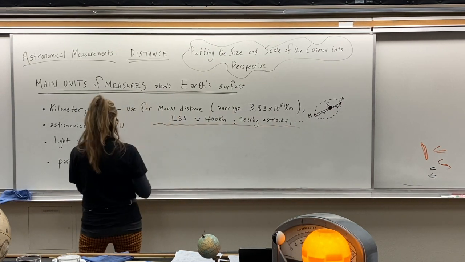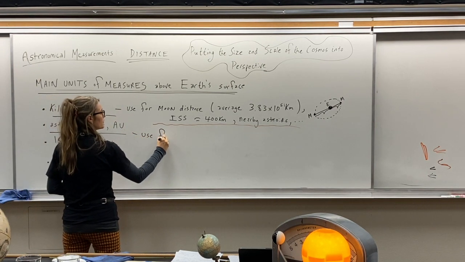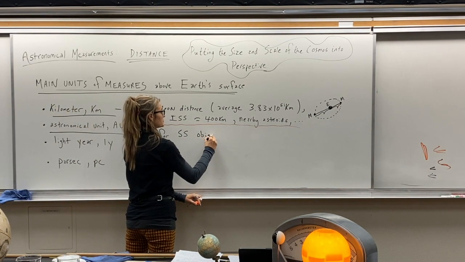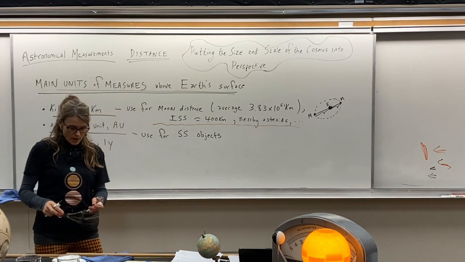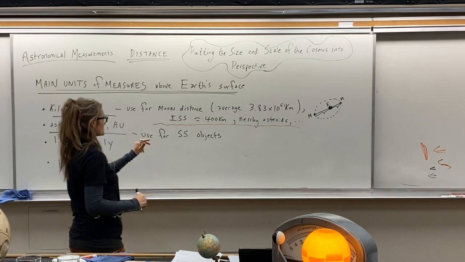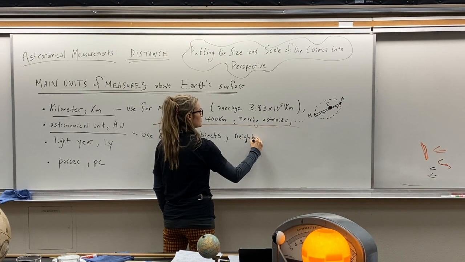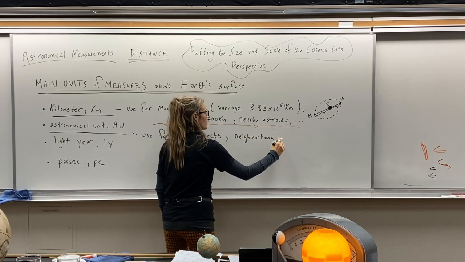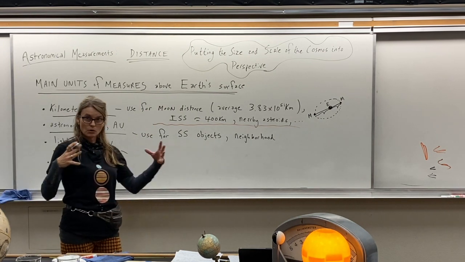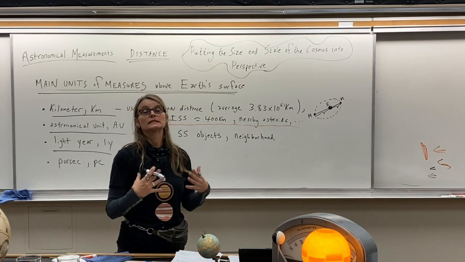is the astronomical unit, the AU. Okay? This is used for solar system objects, SS standing for solar system. Most importantly, the distances to all the different planets. Okay? So solar system objects are the neighborhood of our solar system. Our solar system neighborhood. Then, when we go outside our solar system, we start looking at these vast distances that